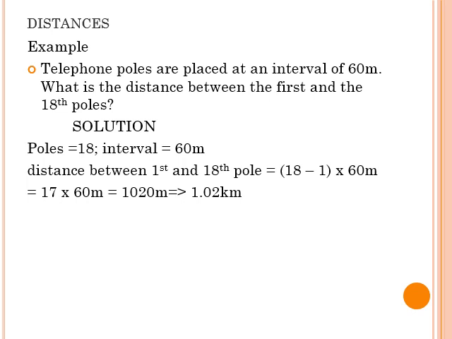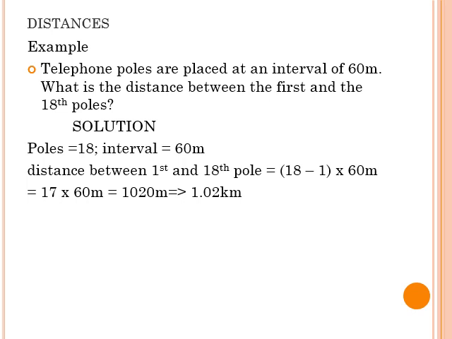The example under here says: Telephone poles are placed at an interval of 60 meters. What is the distance between the first and the 18th poles? The solution goes like this. So we write down our data. There are 18 poles, and the interval between each pole is 60 meters. So the distance between the first pole and the 18th pole is equal to 18 minus 1,